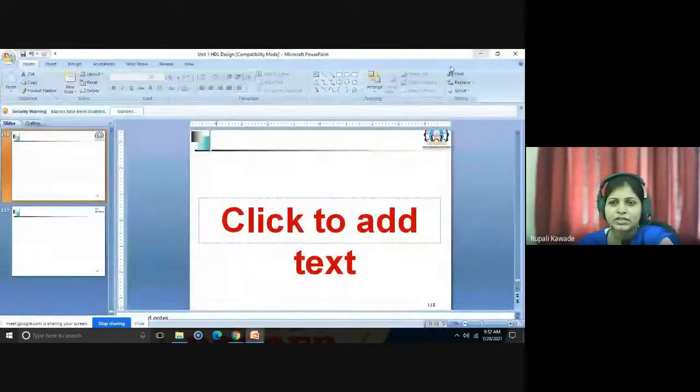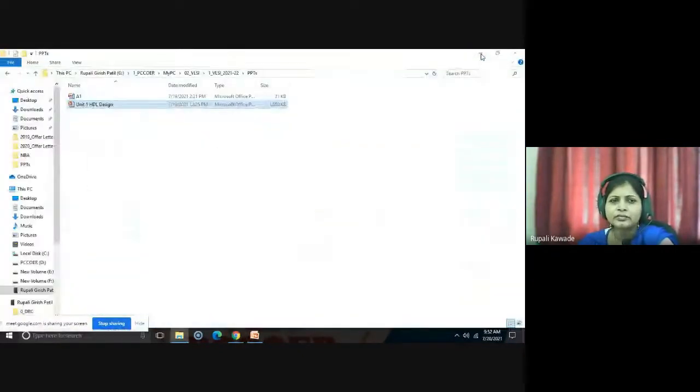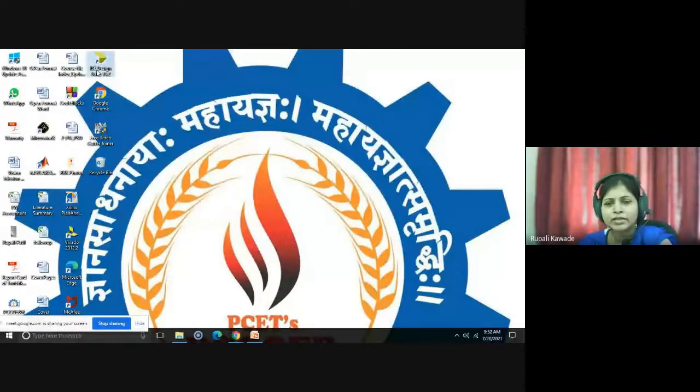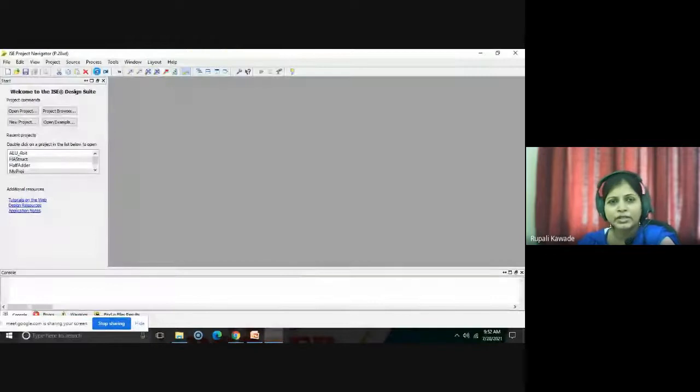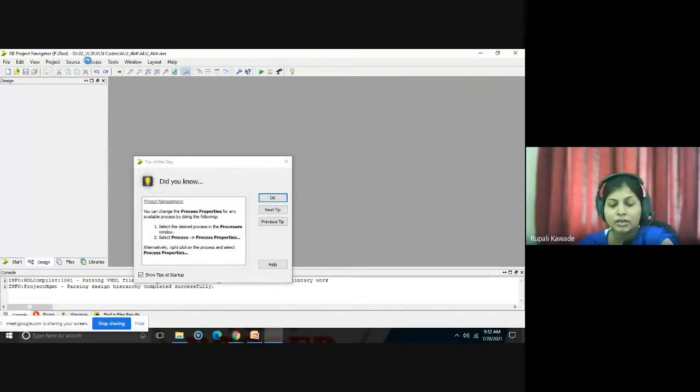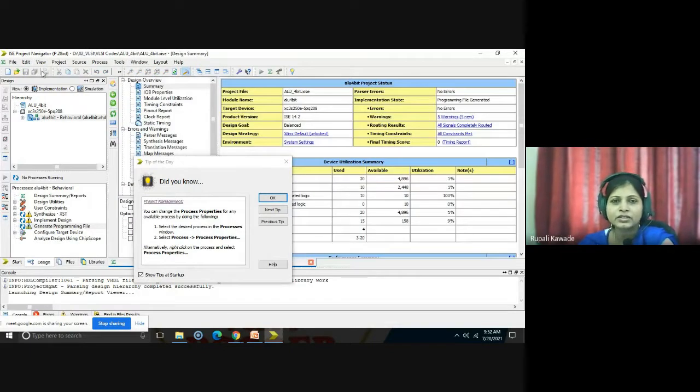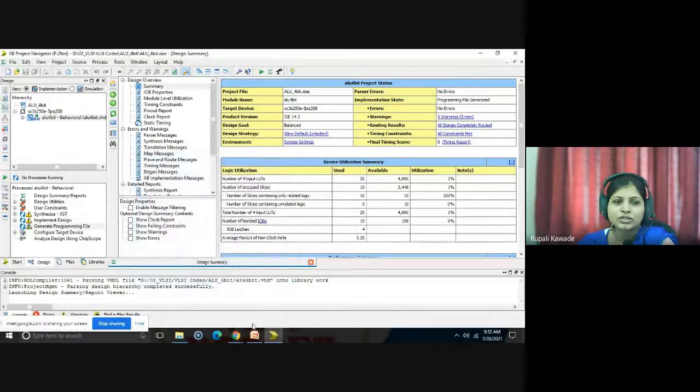In a previous lecture we have seen a one bit comparator. The same one bit comparator we will implement in VHDL and simulate. If there is time, I will show you its implementation on the PLD also. Once we complete this, we have completed the first unit of our VLSI, and from the next lecture we will start with the second unit. You can practice this too.